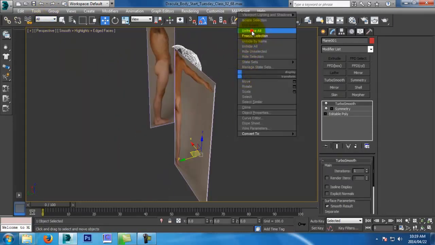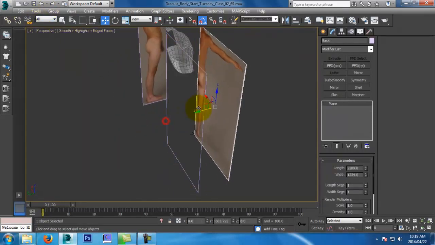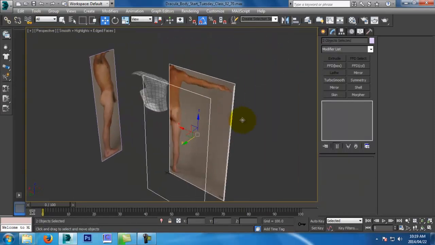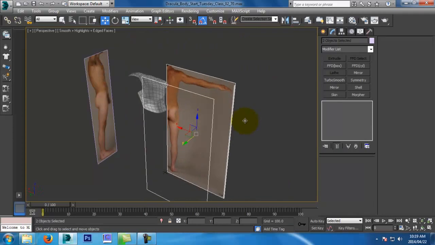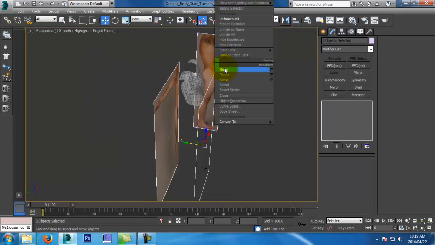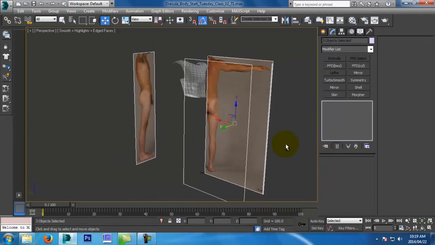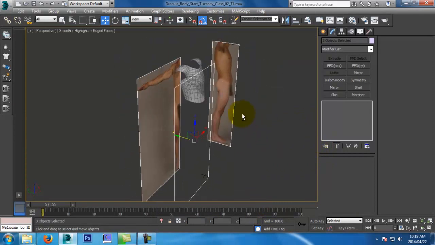And because I was special this morning, just move this forward so it doesn't, as you can see, my planes can only be seen from one angle. If you want to do that with yours, you just go right click, object properties, turn on back face culling. What that means is you will only see what the camera sees. So you'll never see the back end of it, and that will help for front and back. Okay, so now if I go to my back viewport,